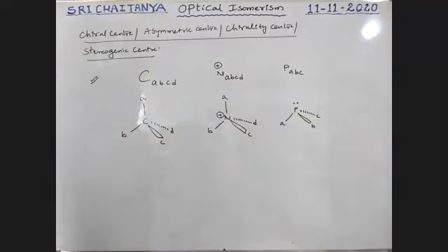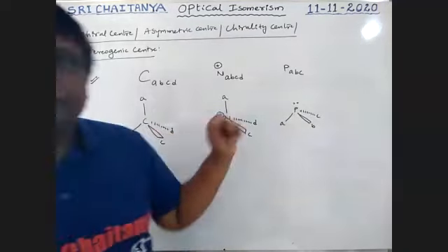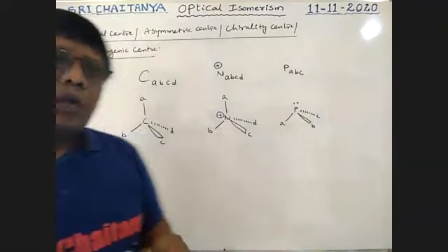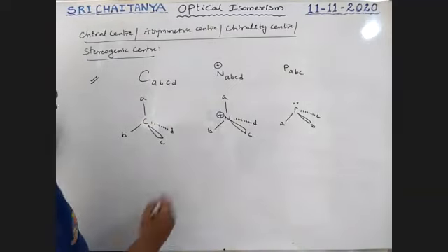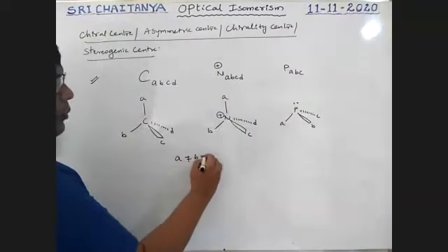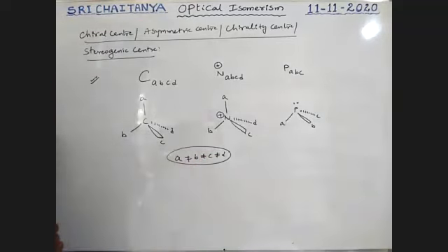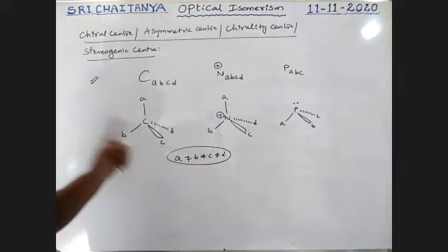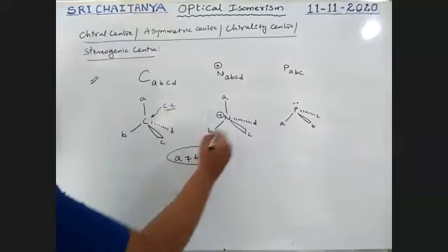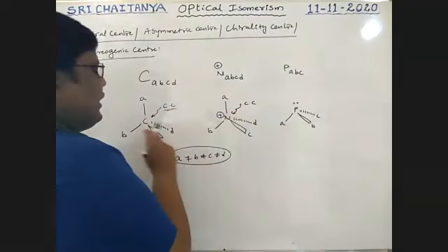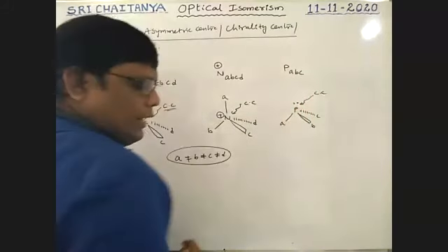Like this. So for any atom which is bonded with different groups, here A is not equal to B, is not equal to C, is not equal to D. Here is the condition, boys. So all are different groups. Now these centers are called chiral centers. It is carbon chiral, it is nitrogen chiral, it is phosphorus chiral center, boys.